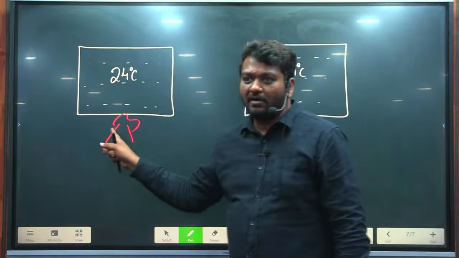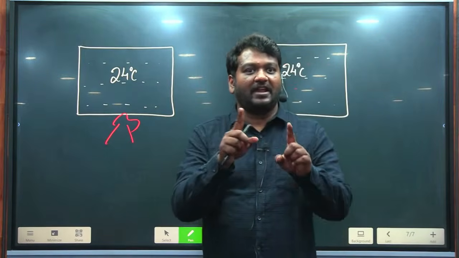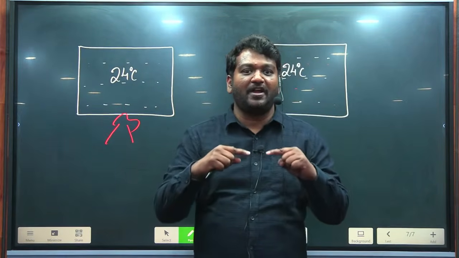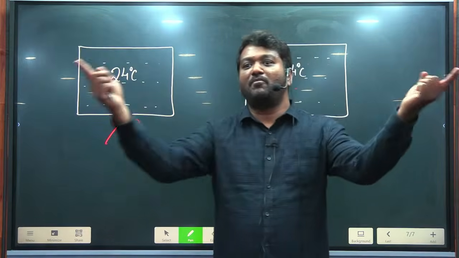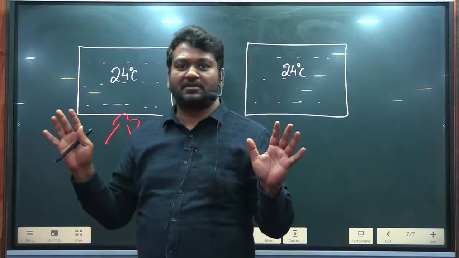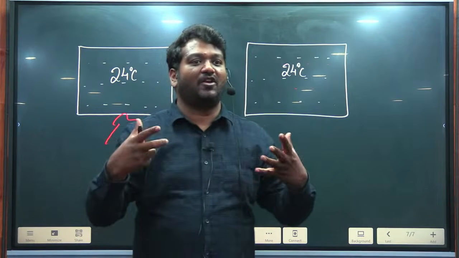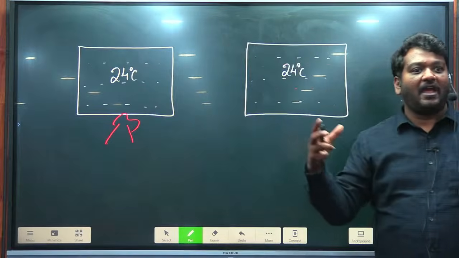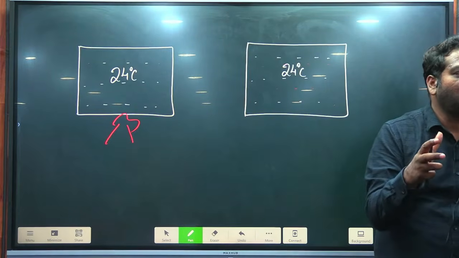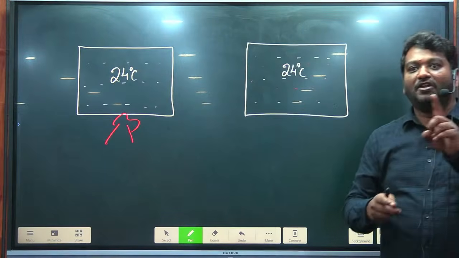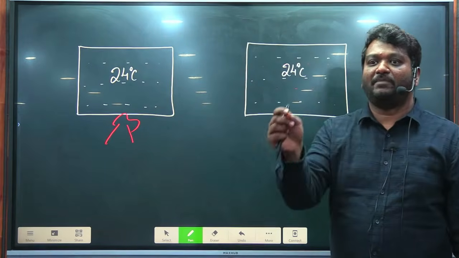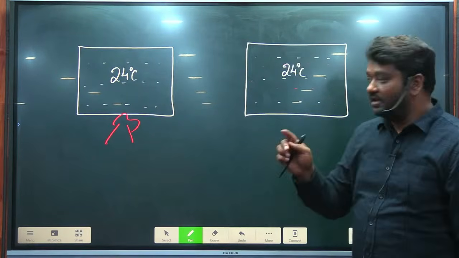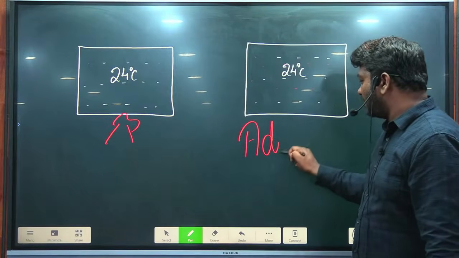Here what am I doing? We are heating. Here externally I am providing temperature. In atmosphere there is no external temperature. In atmosphere I cannot provide temperature from outside. So what is going to happen? Whenever air particles come closer, temperature increases. Now you see, increase in temperature without providing external heat is called adiabatic heating.